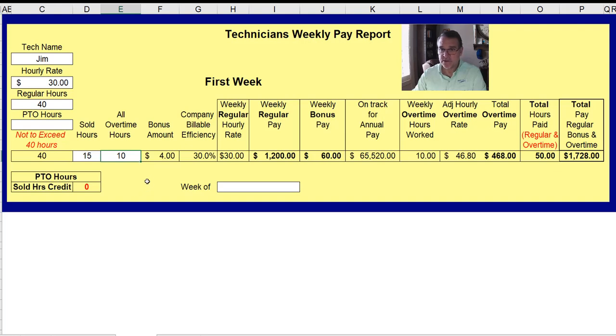So that is the sold hour efficiency program. And this is for all 48 states except for California. I'll do the next one for California. Oh, I'm sorry, there is a bi-weekly tab in here. This is the weekly tab. There is a bi-weekly